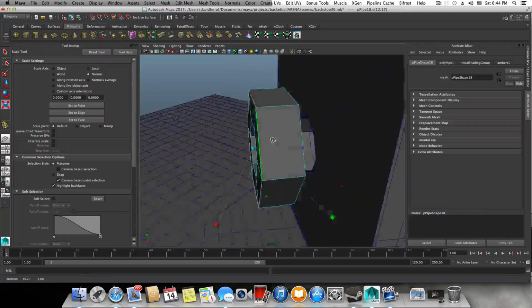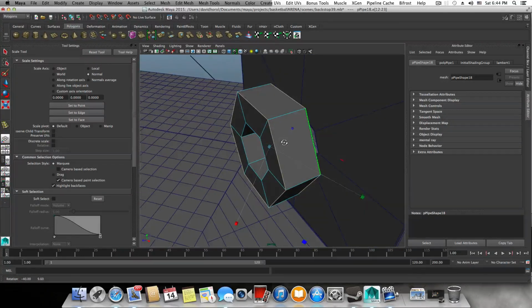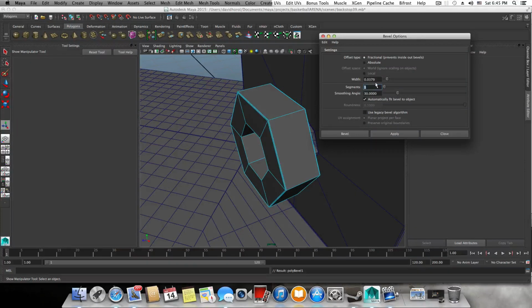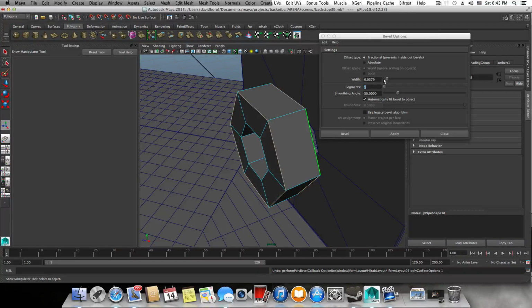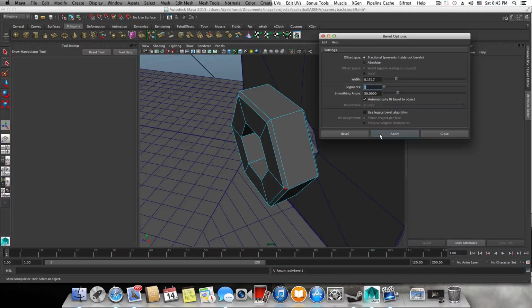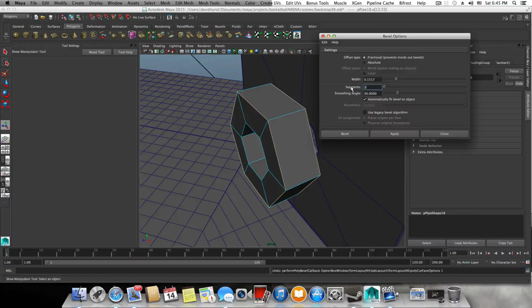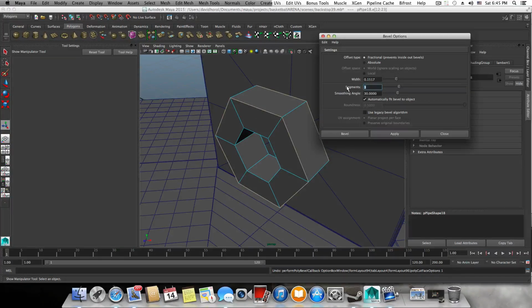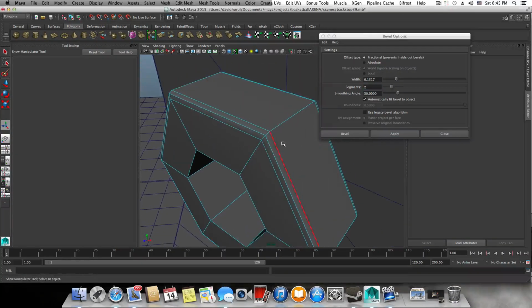Let's double click on this edge and double click on this edge and shift right click, bevel options, set this to 2. The width you probably want to set to something less, like that. Click apply, and maybe even a little bit more than this. Click apply, and you want to have 2 or 3, so yeah, 2. So 1K 502 and click apply, and we will do the same as we did